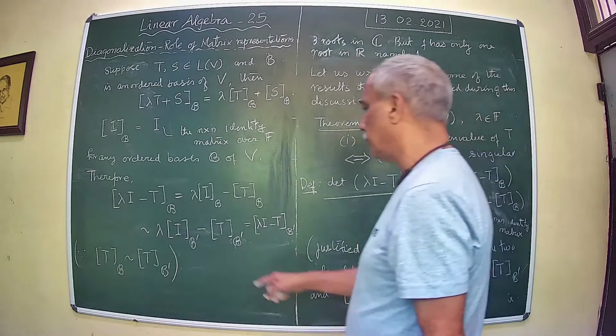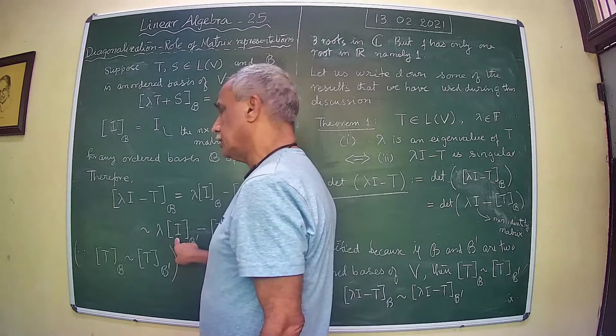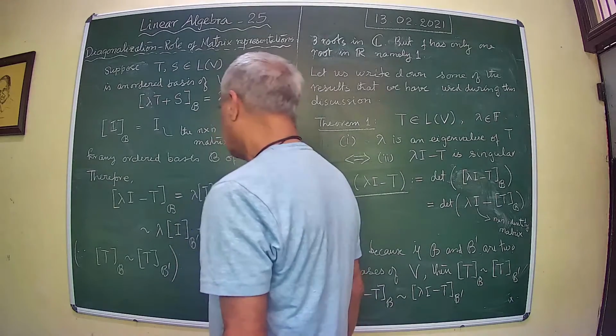Okay, so this is the n by n identity matrix that you have. Okay, therefore,